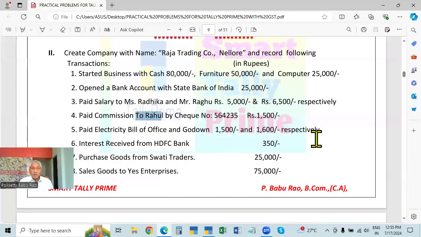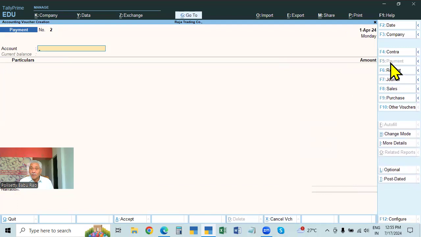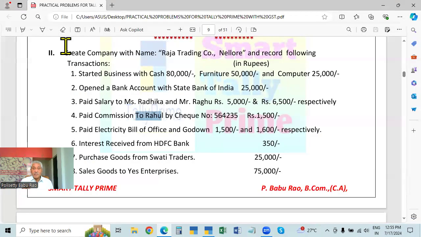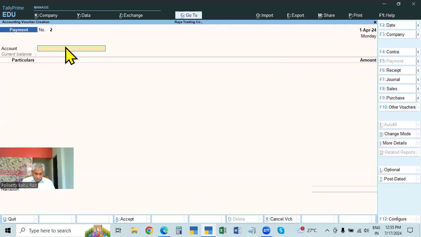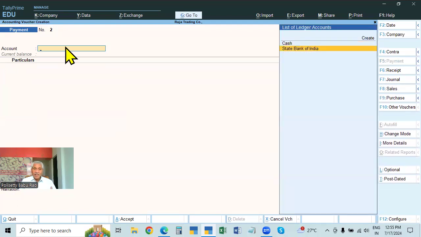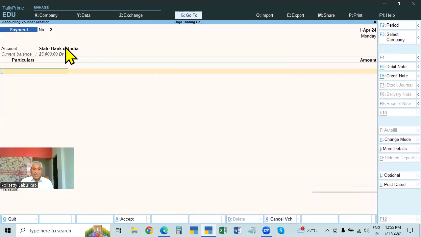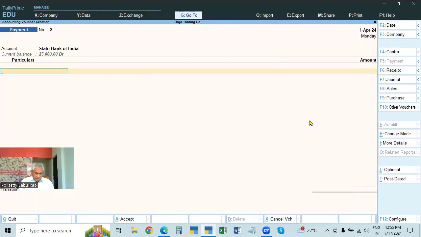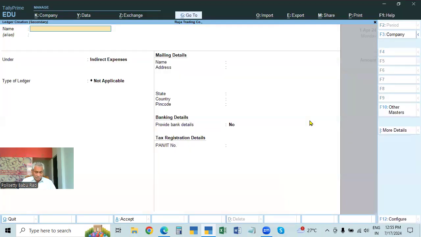So in such a case, what do we have to enter? We have to go to the payment voucher only. We are paying cash or by check. If we are paying by check, we have to enter State Bank of India. If we are paying cash, we have to take cash. State Bank of India. What we paid, commission paid. So select it, create